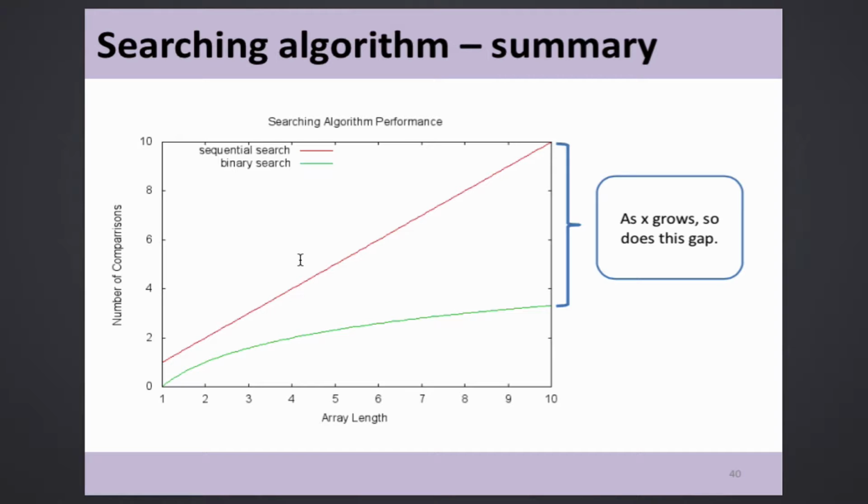But how about linear? Linear is y equals x. Y equals x grows like this. As the array length grows, this gap will also grow. I have a plot